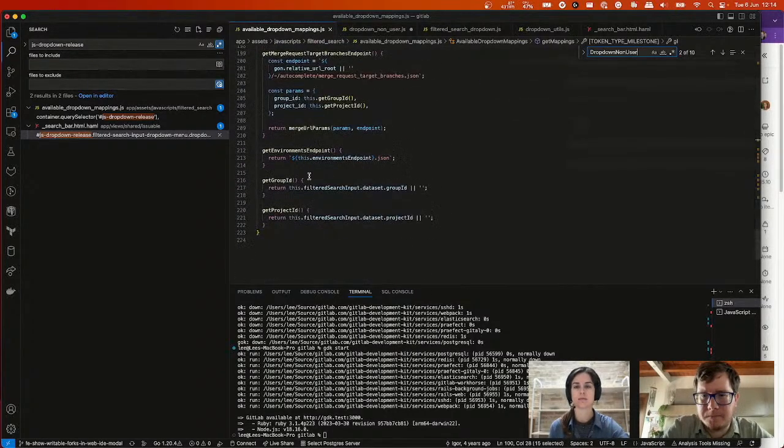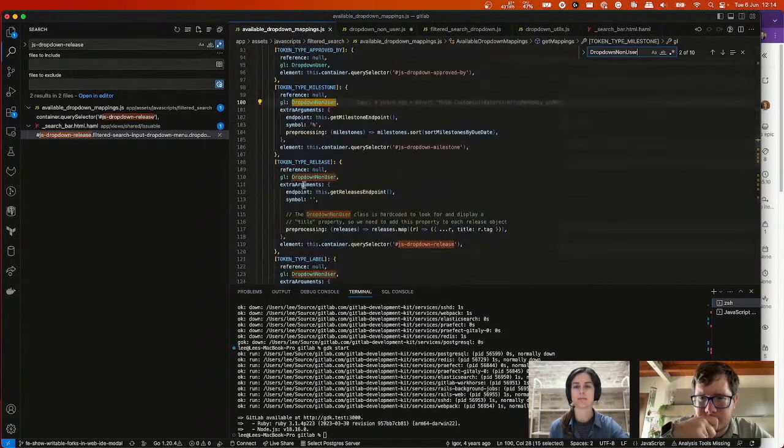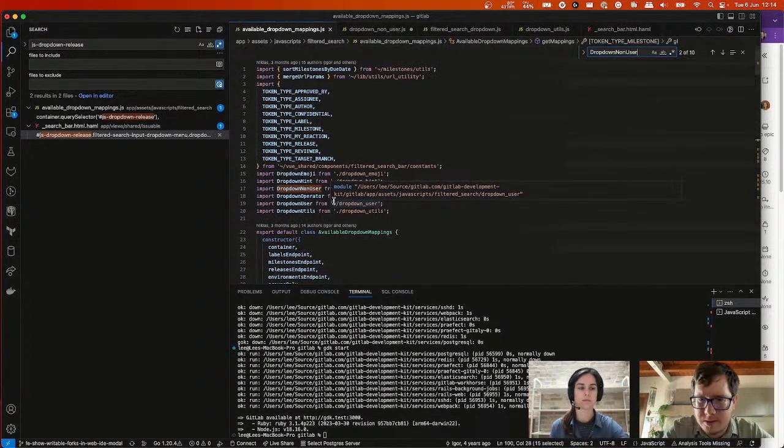So I think somewhere in here there must be something that iterates for all of these and knows. Maybe not in here, but somewhere else. This is available drop-down mappings. Maybe even